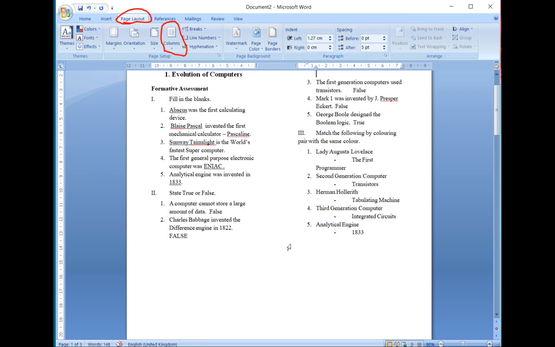Spacing means the spacing between the two sentences, and indenting means the column spacing. Suppose I am increasing it. See here, this way I am increasing it. Suppose I want to decrease it. From the left hand side you will be increasing the columns, and if I am saying right hand side, that will come from the right hand side.